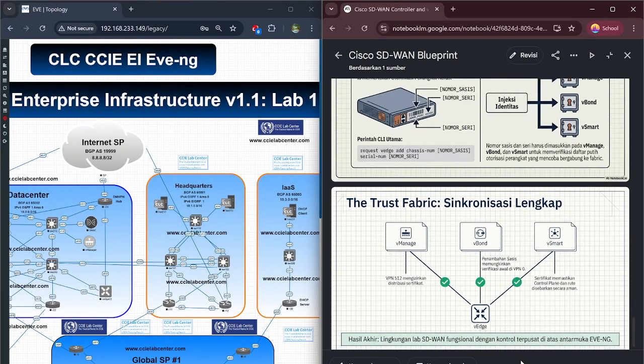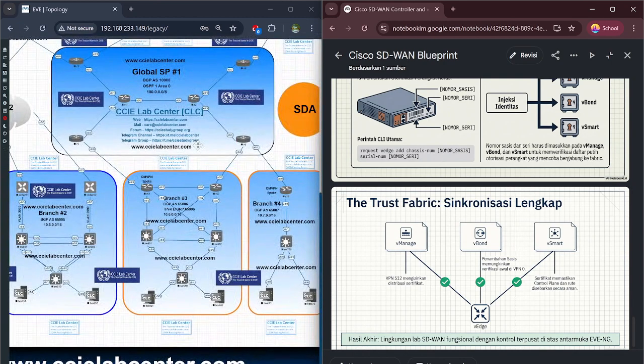Here is the breakdown: vManage is the management plane, vBond the orchestrator, and vSmart the control plane. And the big picture is that because you are running this in EVE-NG, you have successfully simulated a real-world enterprise network architecture on your local machine.